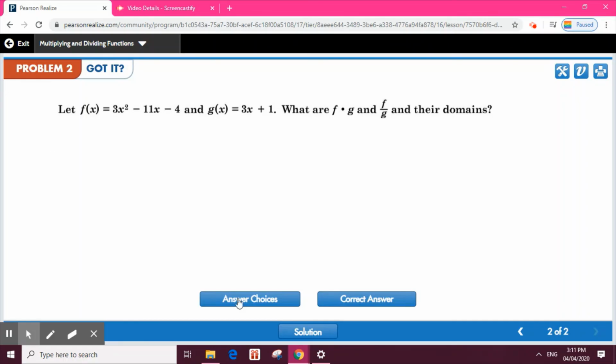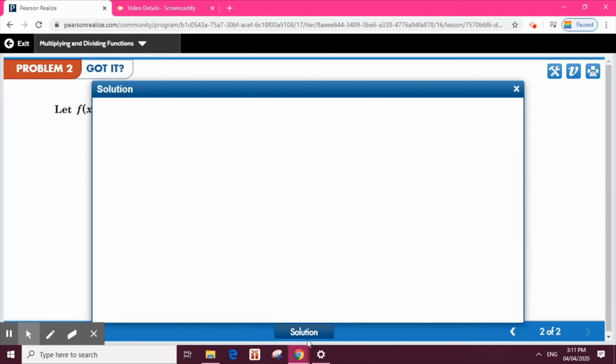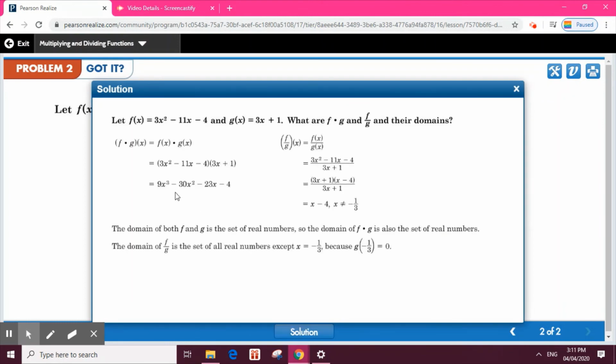Time's up. The answer is, for f times g of x, that is equal to 9x cubed minus 30x squared minus 23x minus 4. How about for f divided by g, or f over g? And that is equal to x minus 4, and x should not be equal to negative 1 over 3. Very good. Next,